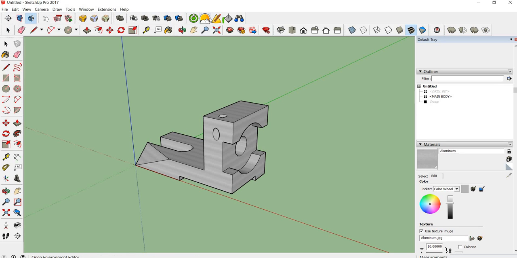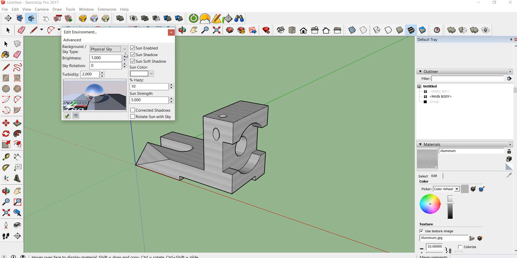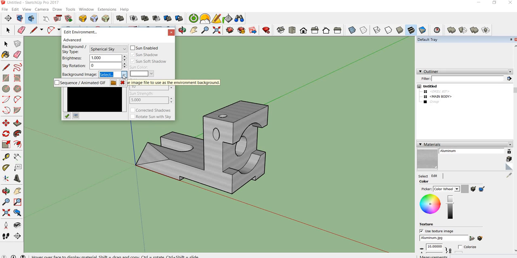So now let's go to our environment. Right now our environment is outside. What we're going to do is change it to spherical sky. Notice there's really nothing here, so we're going to turn sun enabled off. It's pretty dark, so it needs a background image, and so you need to go to,